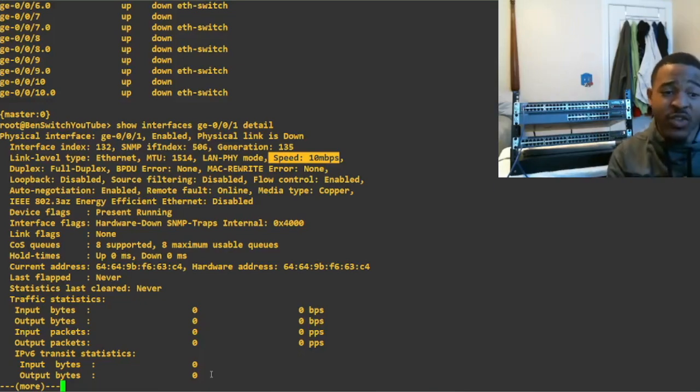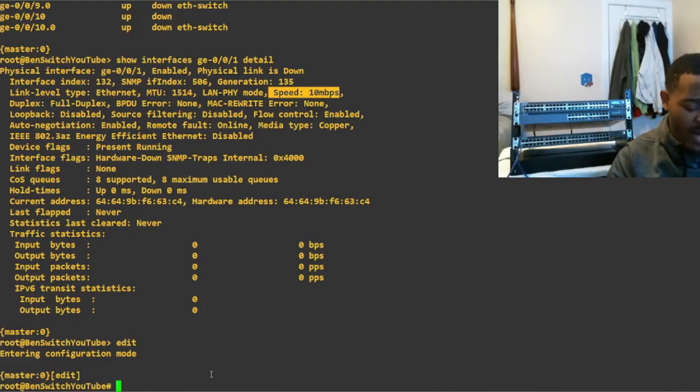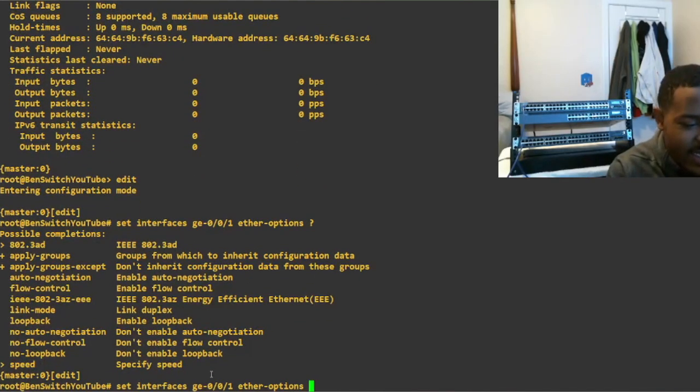Well, you would have to go into the weeds a little bit if you're just dealing with a CLI and troubleshoot these issues. So let's go ahead and make this change. Let's do an edit on the bottom switch. Let's do a set interfaces GE001, and we want to do an ether-options. And if we do a context sensitive help,